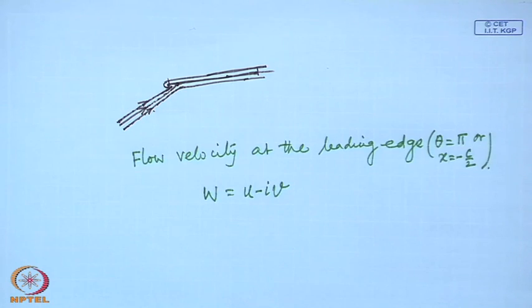It is a little bit strange. See, w equal to q infinity sin alpha minus theta by sin theta, and how much is sin theta? Sin pi is 0. Then if you take the limit, then it is